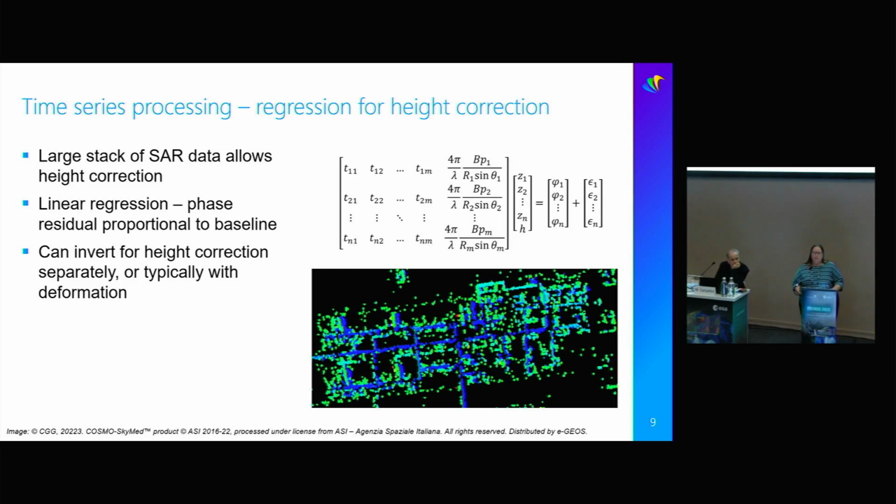So in this example, it's, I think, a COSMO-SkyMed image. In this area, we were processing across a facility. There wasn't an existing DEM data set that had the facility in it. It was recently built. So we started from scratch with a bare earth ellipsoid, and we generated our own elevation model. And you can see the blue sections on there are the raised pipe racks. So they're the high parts of the facility. And we've essentially mapped out the facility purely using that height-based correction.